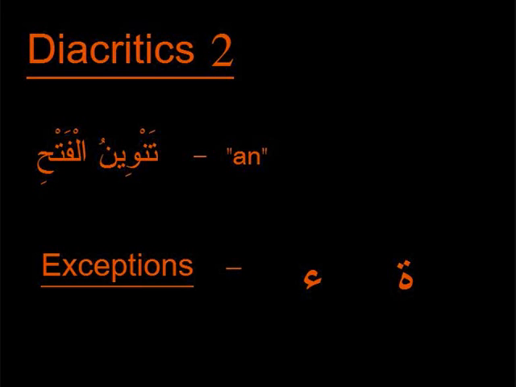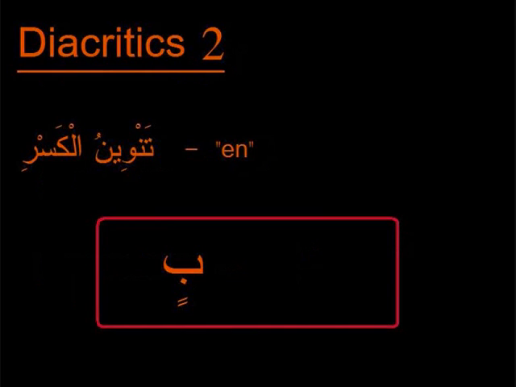These two instances are the Hamzah and the Ta marbuta. Okay, you can see these on the screen now. In these two instances, there is no need to insert an alif. You merely write the two Fathah on top of the letter. But in all other instances, you have to insert an alif. Okay, proceeding to our next example,